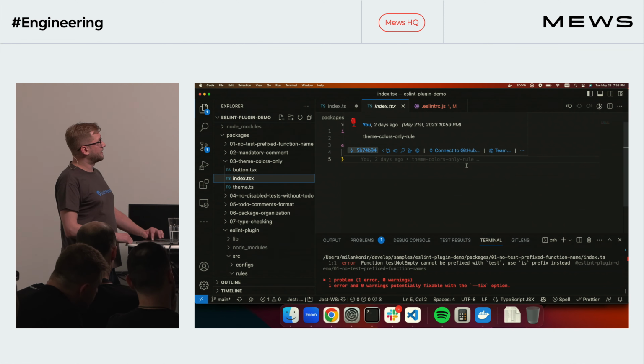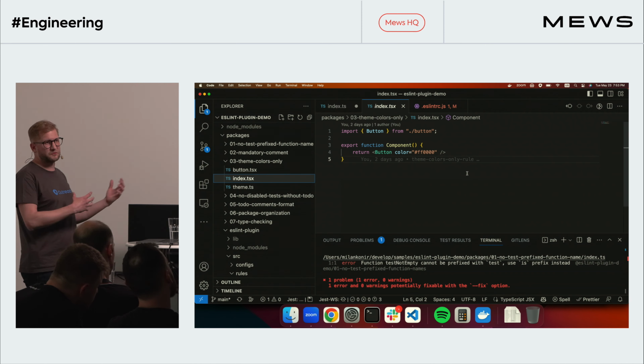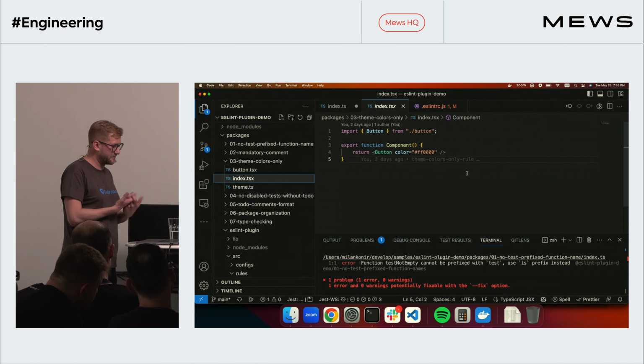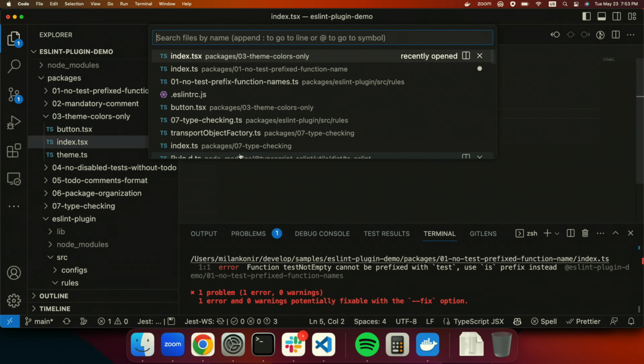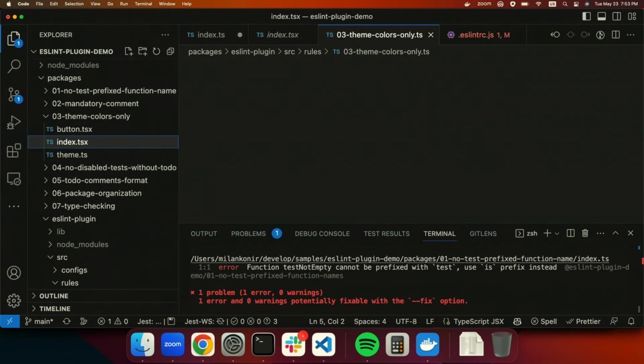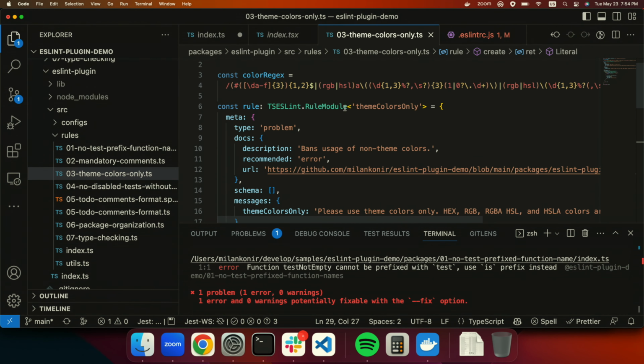You don't want to see this kind of code, because this will not work. If someone switches the theme, the button will still be red, and not some dark color in dark mode. So if I now open the rule for that,